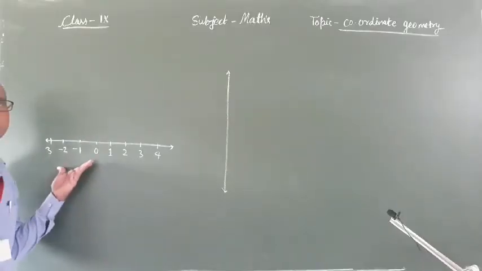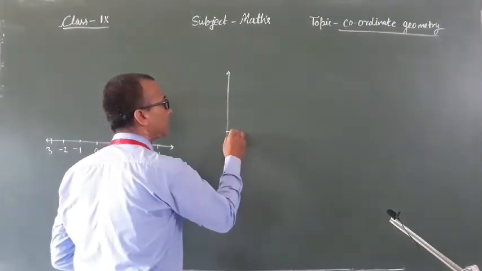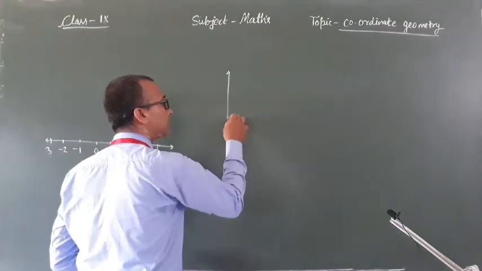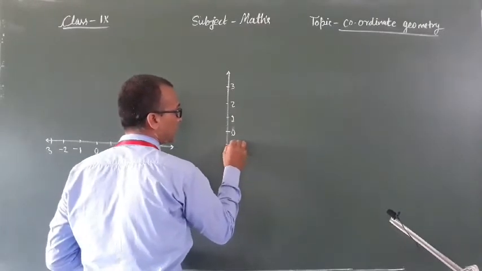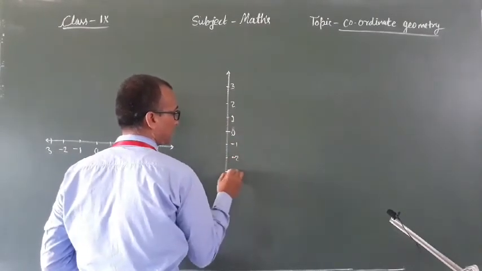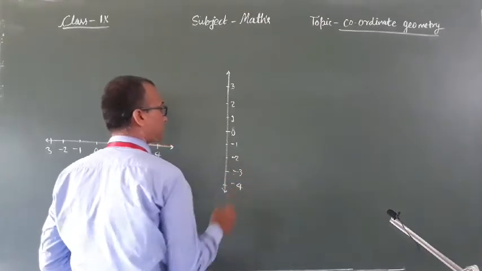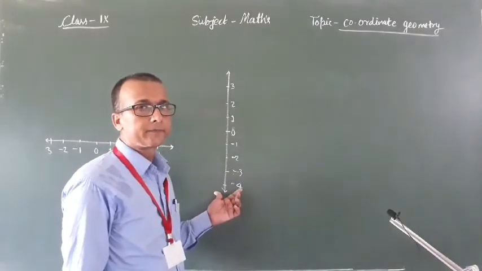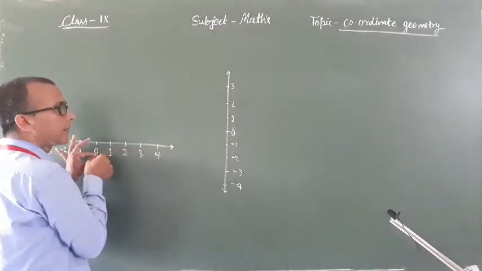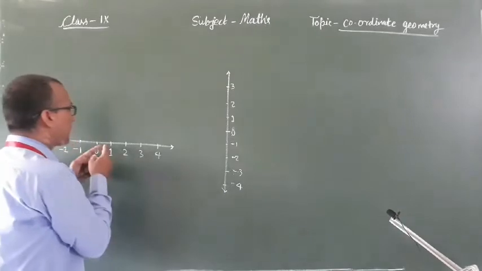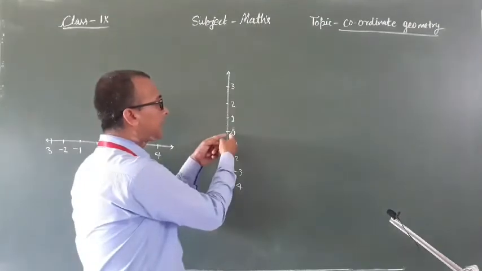This is a number line, and when we rotate this number line, we will get a vertical line, and these two lines intersect each other, mutually perpendicular, at point 0 of this line and this line,